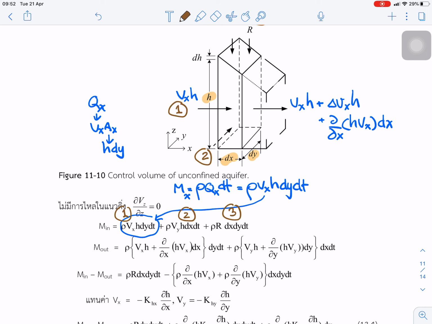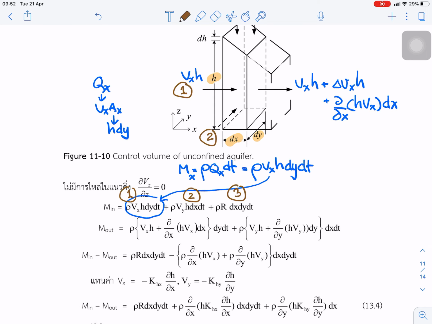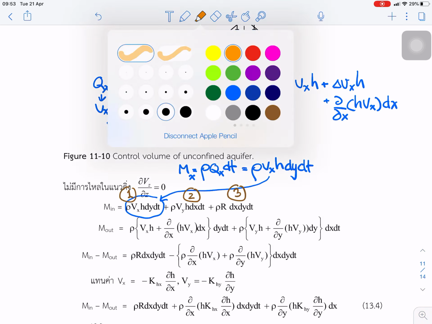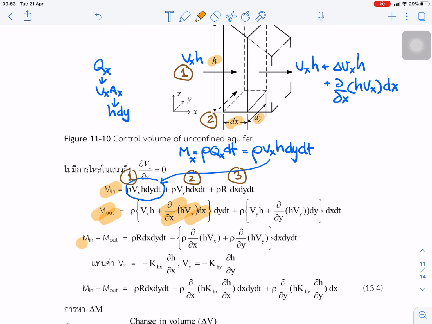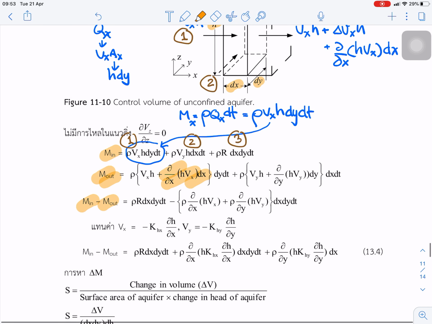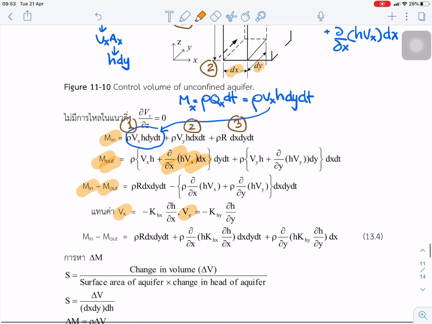Okay, so we finish the mass in. For the mass out, we have to add the delta of Vx h in the two directions. Okay, and we make the subtraction between m in and m out, and next substitute the Darcy velocity into the equation, and we can get the equation of